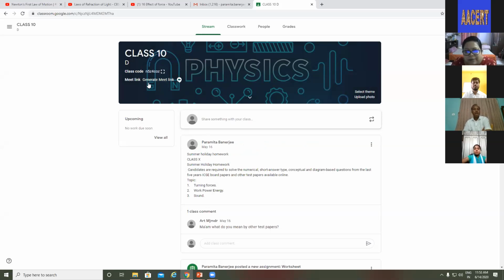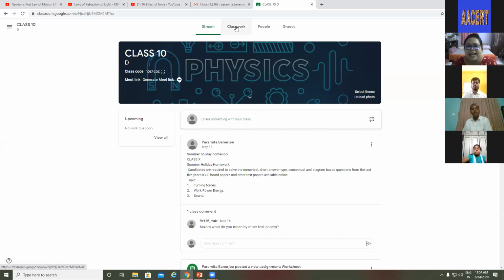At the top, you see the meeting link. You can use it for your class. It's called Google Meet. Because sometimes there is hacking from the Zoom class. Sometimes, I'm not telling all the time, you can secure your Zoom. But you can use Google Meet, which is much more secure. Then you see share something with your class, any instruction, any discussion. As you were just saying, will you do the numericals in the live class? Yes. After doing the class, you give the solution in the share section.